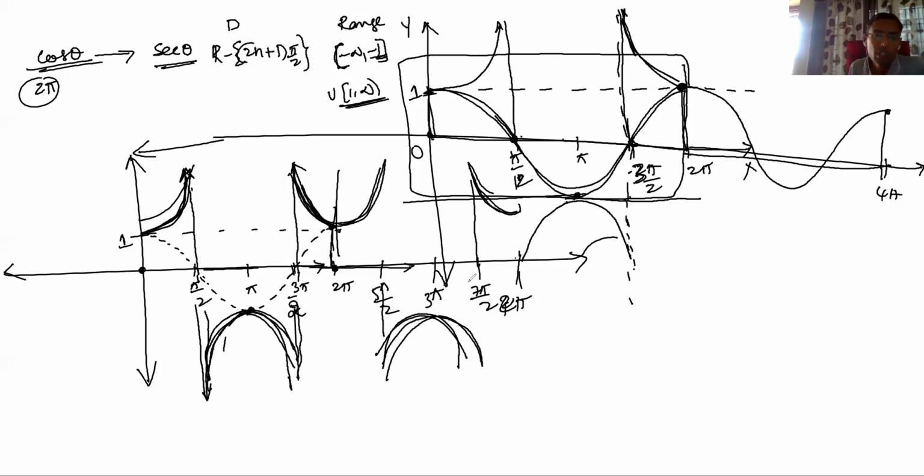Once you understand this, then you can remember it easily. Of course, I told you the sine theta, cos theta, secant theta, cosecant theta, tan theta, cot theta graphs, but what is period? I showed you in the graph, but I am telling you now the definition. So what is the definition of this?